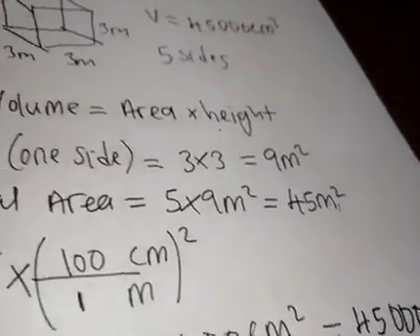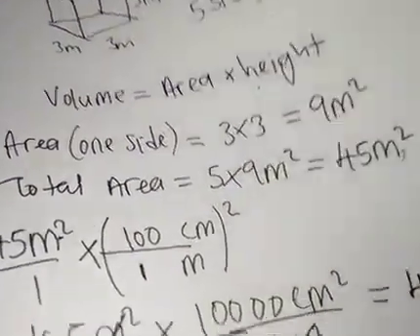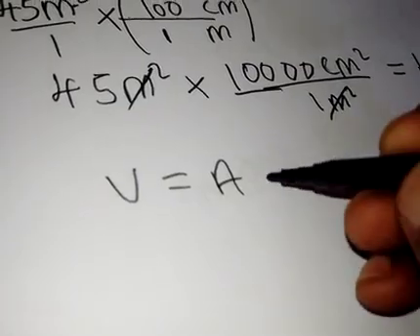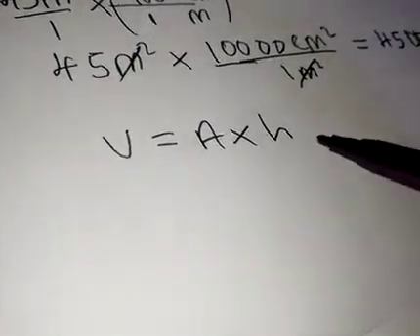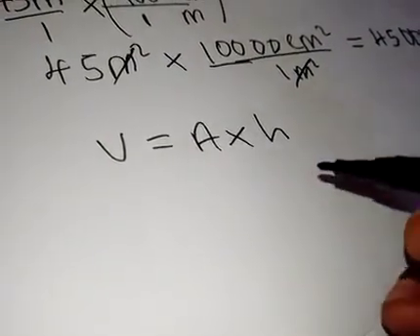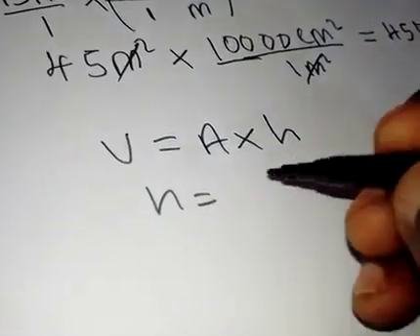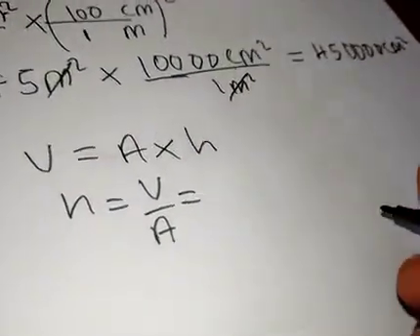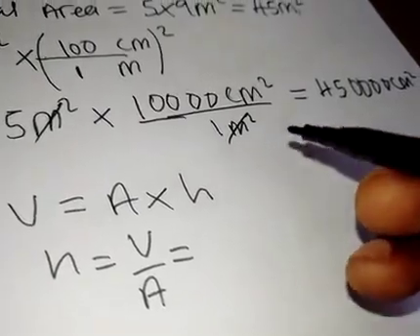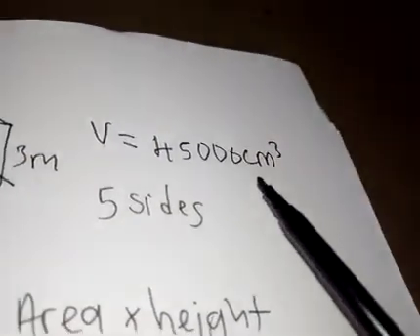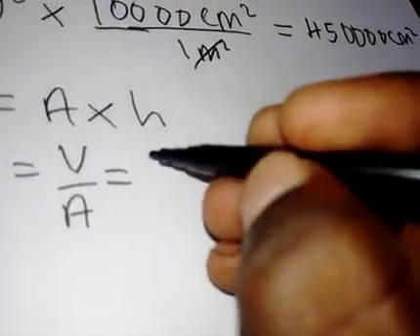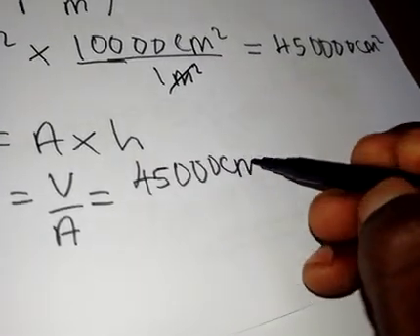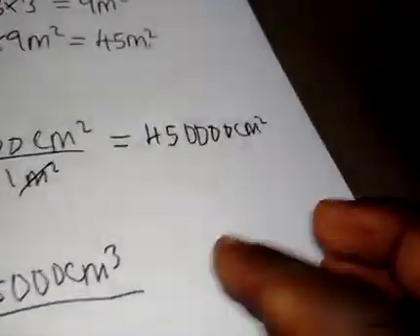So we can use this formula now. Volume equals area multiplied by height. Where this height is the thickness, meaning we simply divide both sides by A. Therefore, height will be equal to what? It's volume over area. So height will be equal to the volume which was given, 45,000 cubic centimeters,